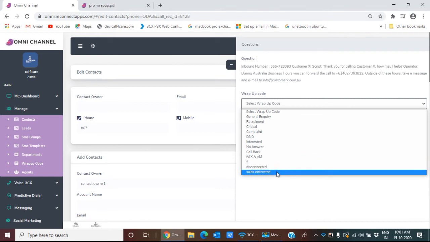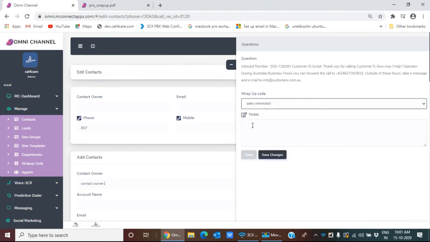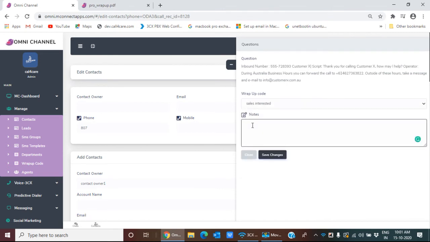Now I'm clicking on sales interested. I'm making a note. These notes will help the agent as well as the manager to get a quick glance of information about the interaction so that they can plan for the future.